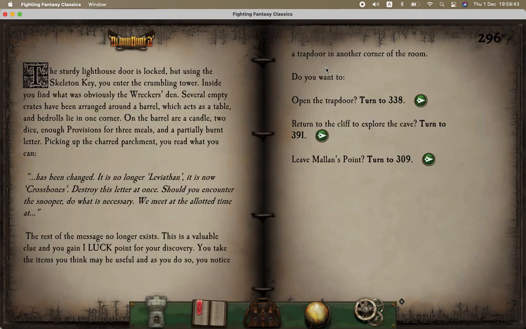The sturdy lighthouse door is locked, but using the skeleton key, you enter the crumbling tower. Inside, you find what's obviously the wreckers' den. Several empty crates have been arranged around a barrel, which acts as a table, and bedrolls lie in one corner. On the barrel are a candle, 2 dice, provisions for 3 meals, and a partially burnt letter which reads,